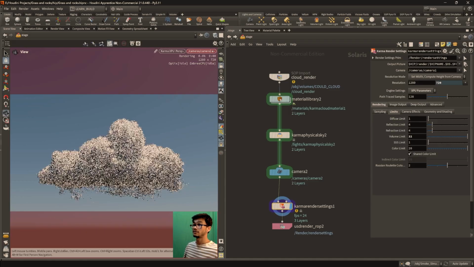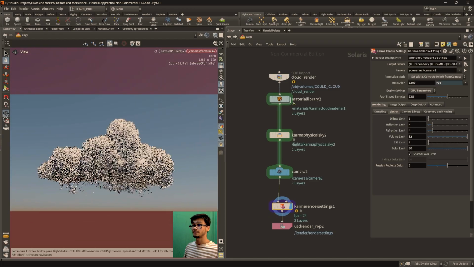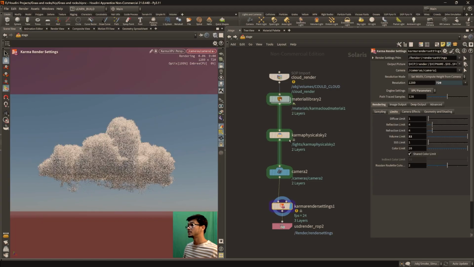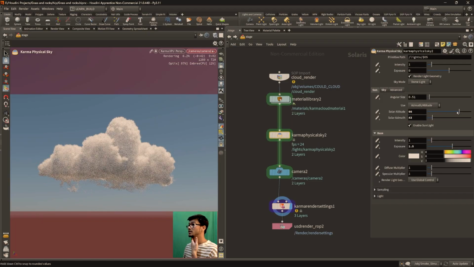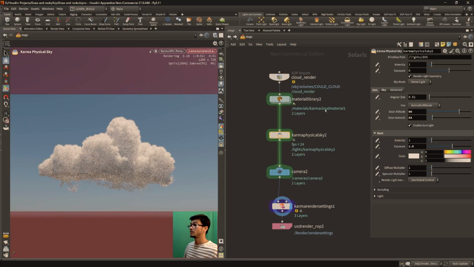And I've chosen this angle. You can play with the Karma Physical Sky here. With the solar altitude, you can increase or decrease the sun's altitude. Here you'll see it looks more like a morning or a night scene because the sun is closer to the horizon. You can play with this, but I would say just have this render and